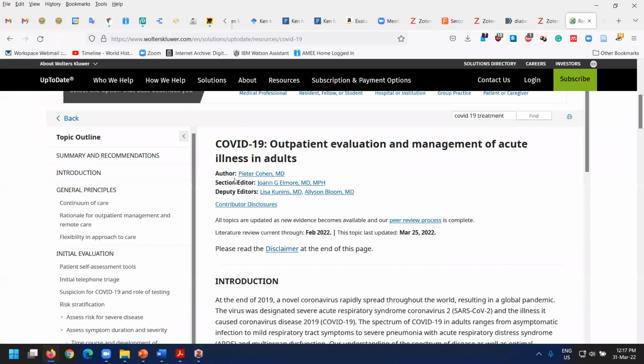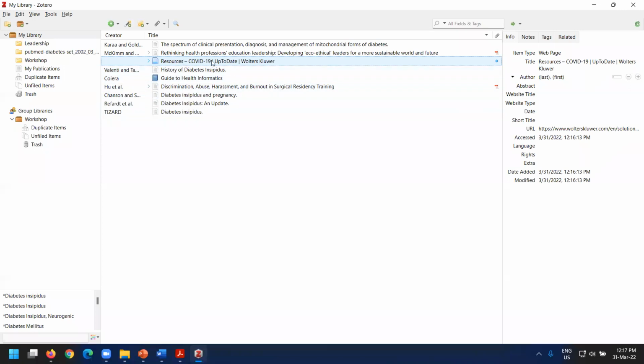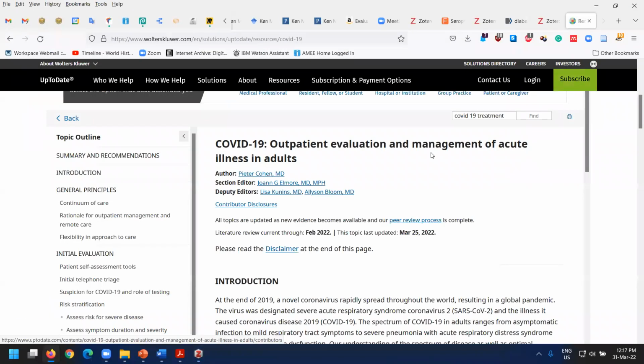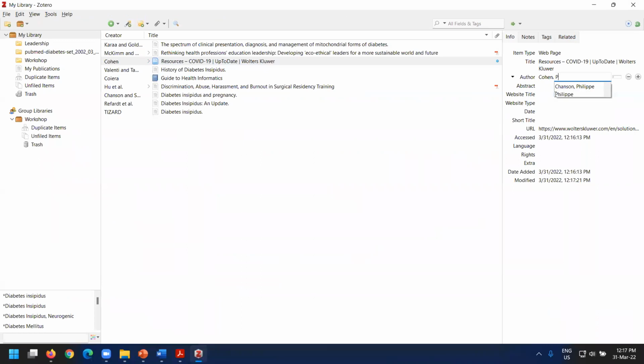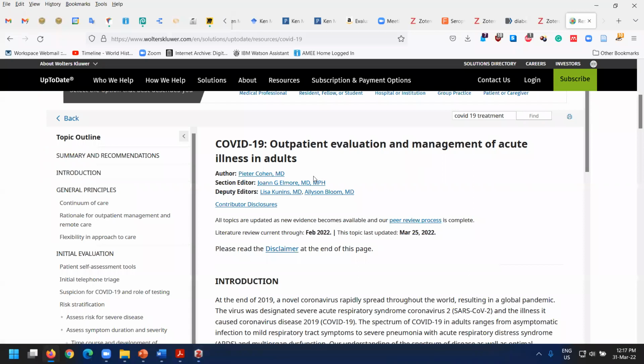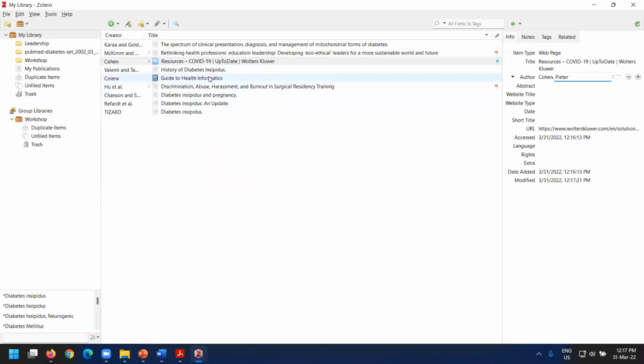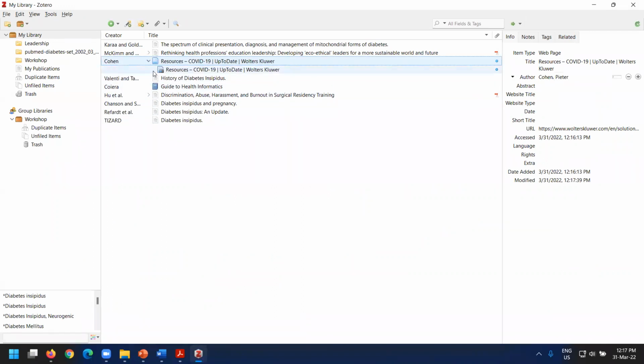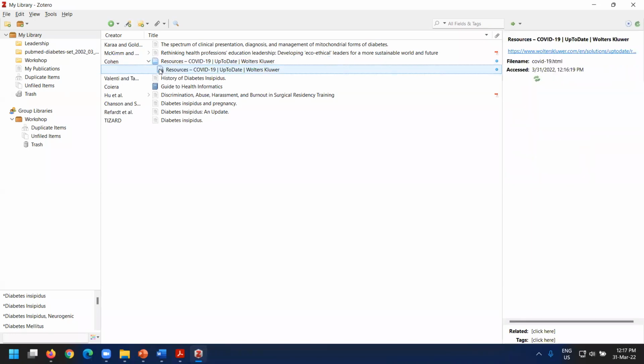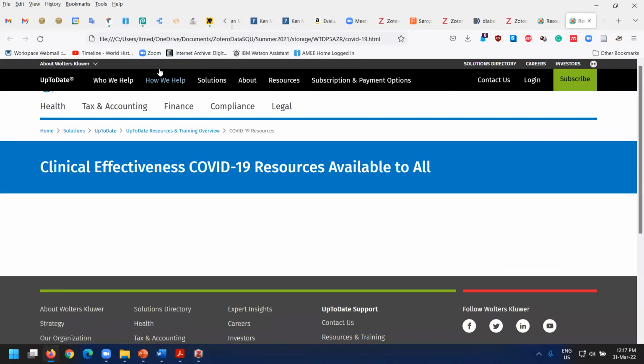Okay, and so you come back to this and you see, okay, so this is Peter Cohen. So you're going to have to go in here and change the author's name. He spells it like that. And if you want to, then you can put in the section editors and things like that. But there you've got it written there. But now watch here. Come along here and you'll see that it's got that. And if you click on that or double click on that, you'll see that,